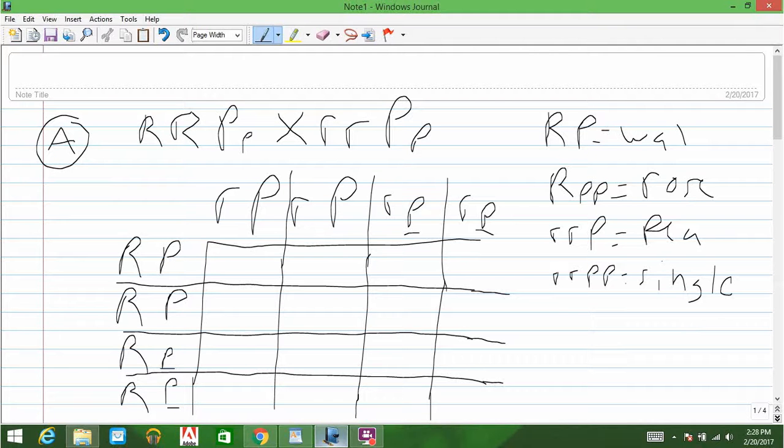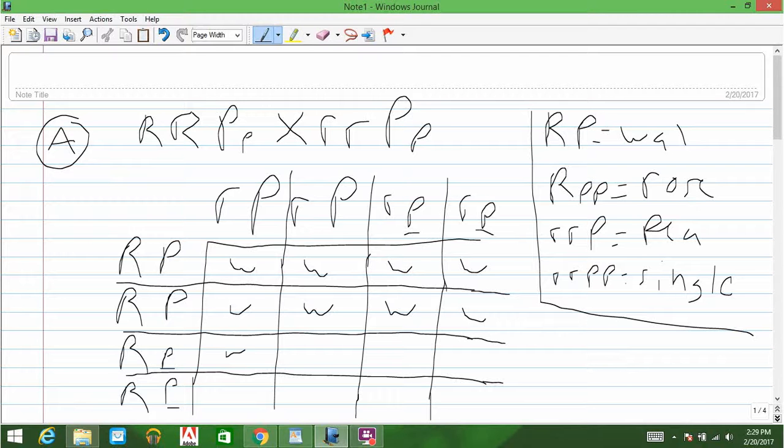So basically, if it's dominant, that's going to be a walnut. I've got this little cheat sheet over here for you. Just going through here, this first one is going to be a walnut. As a matter of fact, this whole first row is going to be walnut. Hopefully you can see where I'm getting that, because it's going to be a dominant crossed with recessive or dominant. And then this next row again is going to be all walnut.